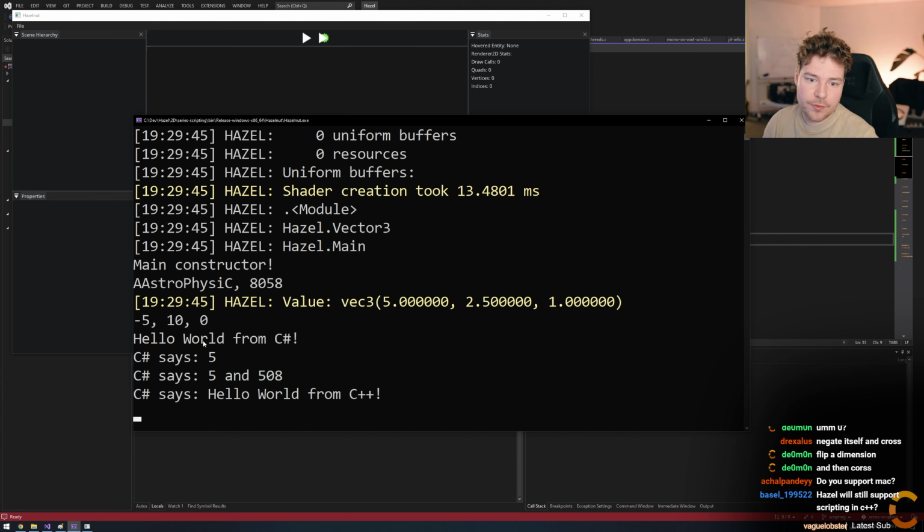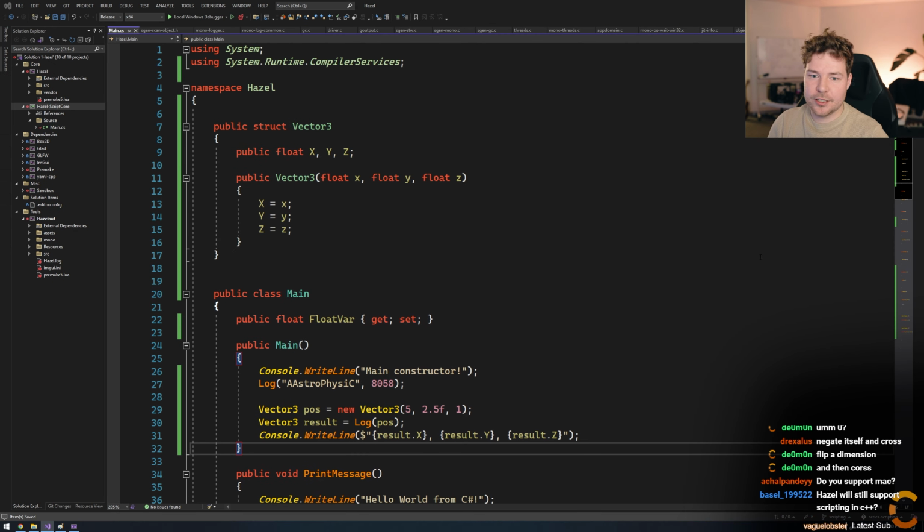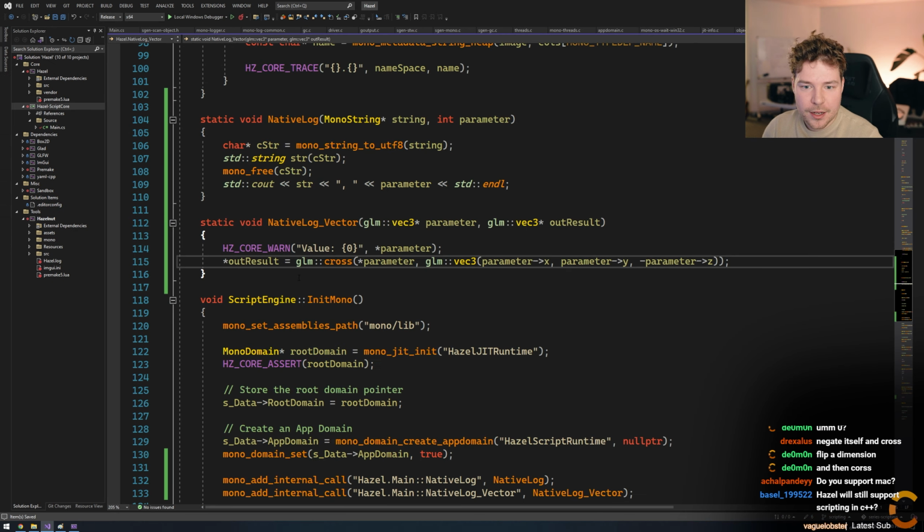Okay, and then we're printing that obviously from C#. So those look like reasonable values. So I'm presuming that it's fine what we're doing. Okay, so that's how it works. We could have also just normalized it. Actually, normalizing the vector and returning it probably would have been a little bit better, right? If we just did normalize.